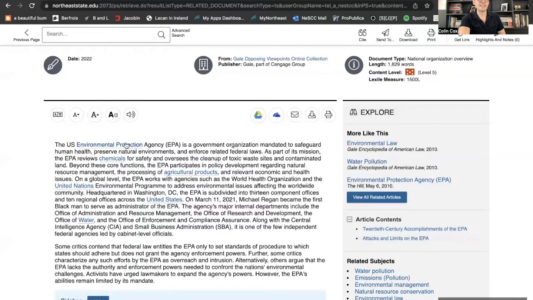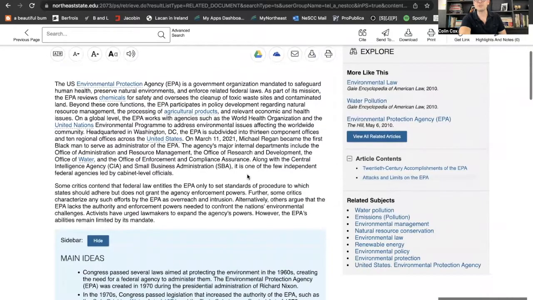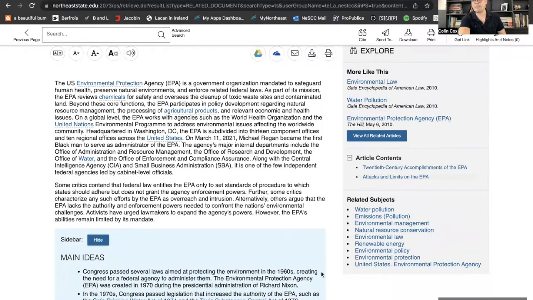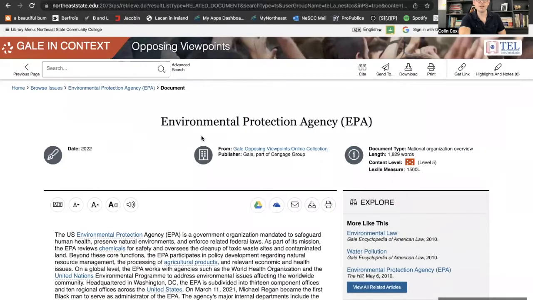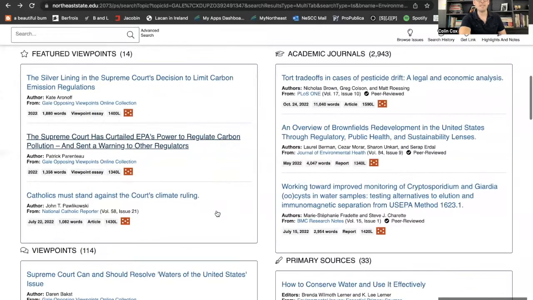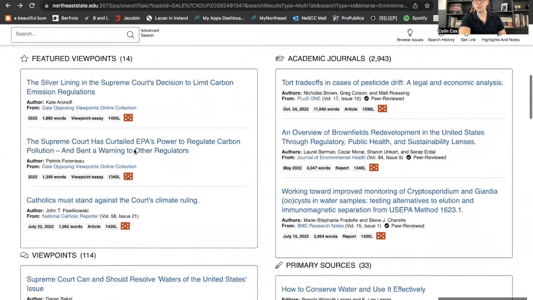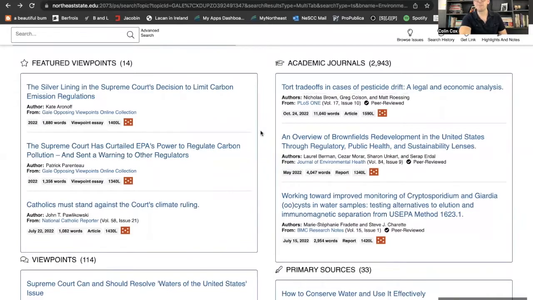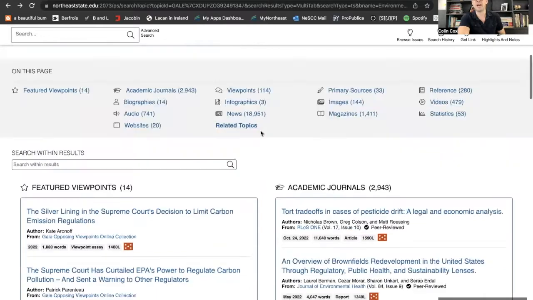You'll see that Opposing Viewpoints hyperlinks to other topics that might be interesting. There's related topics and subjects. Here, if you go back, you'll see there are potential academic journal articles and entries that might be useful for a topic within this broader topic.